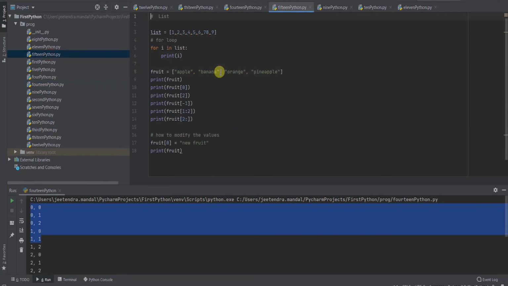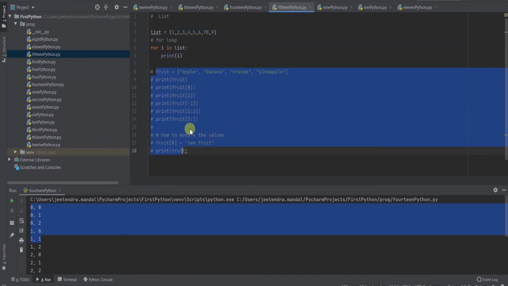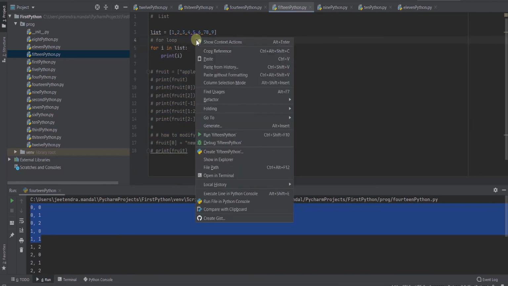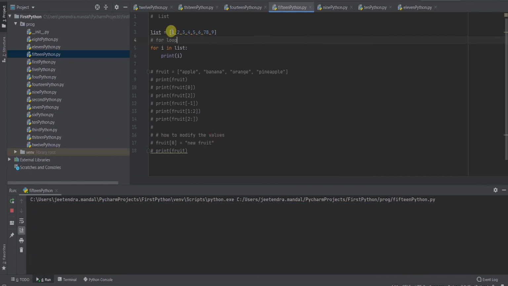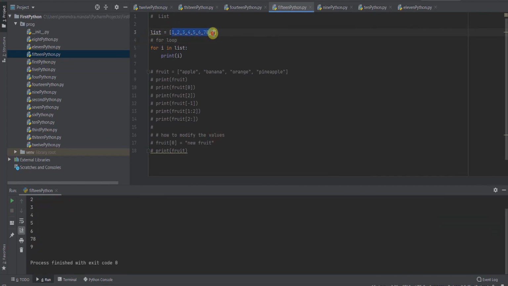Although we have seen some list examples, we'll try to see more on lists today. I have created a list with these values, and if I have to iterate it, this is how I can do it using a for loop. One by one values can be printed. Now just to show how a list stores values, the index starts with 0, and if you want to iterate from the end, it starts with -1.